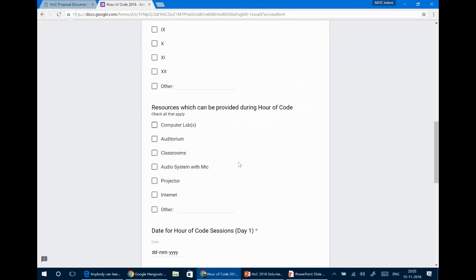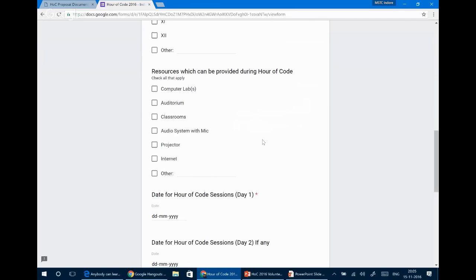A projector is a must. Even if they are not having a projector, we have hands-on activities in which we'll be having pen and paper, and we can go forward with that. But yes, in 99% of cases, we want the projector to be on, right? If internet is available, well and good, it's awesome, because we can directly go to the code.org site and have live activities from their site. If it's not available, then it's all right, we can have offline activities.